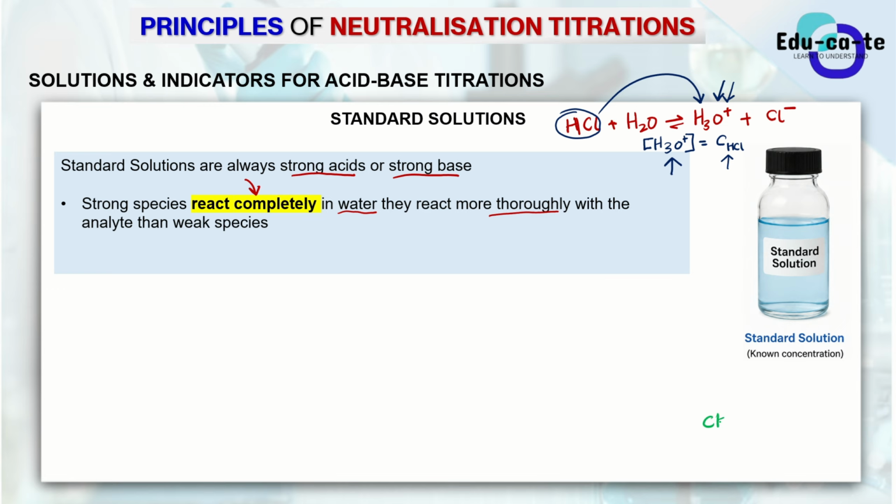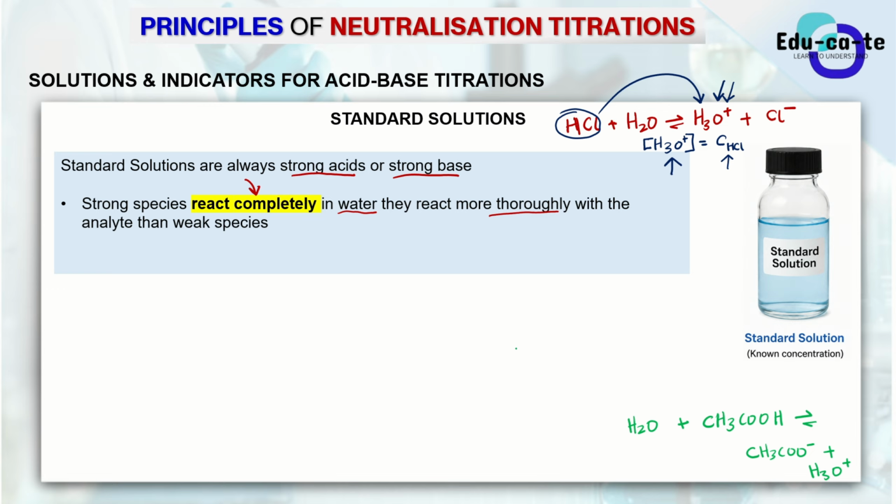Acetic acid is given by the formula CH3COOH. So if you take ethanoic acid or acetic acid and you react it with water, or you dissolve it inside water to form the standard solution, you find out that in your reversible reaction, you are going to form your CH3COO minus ion plus your H3O plus.